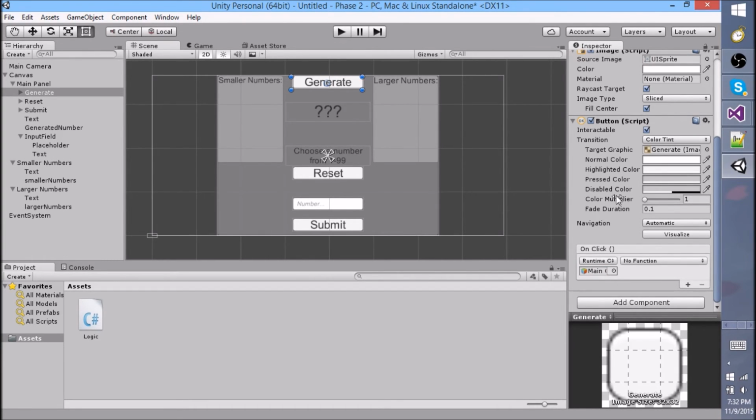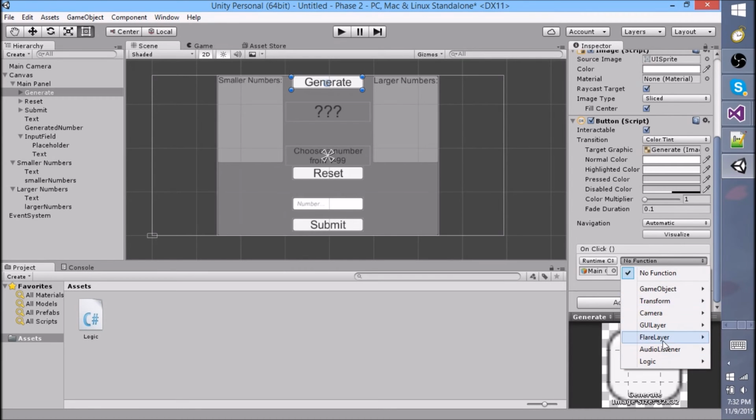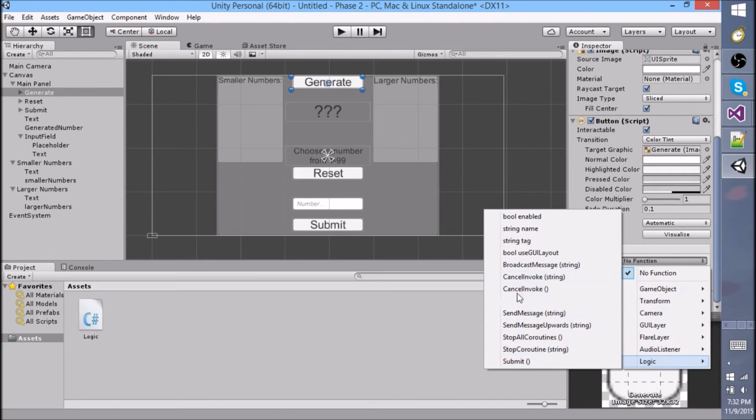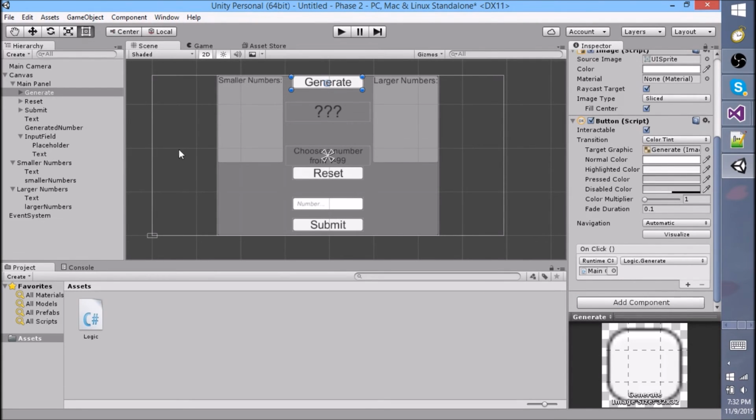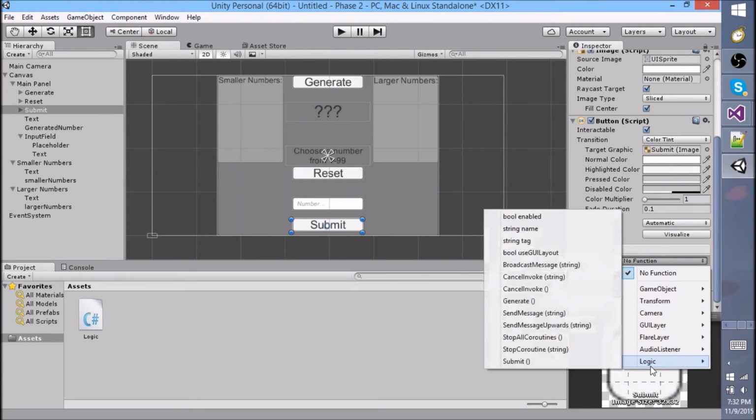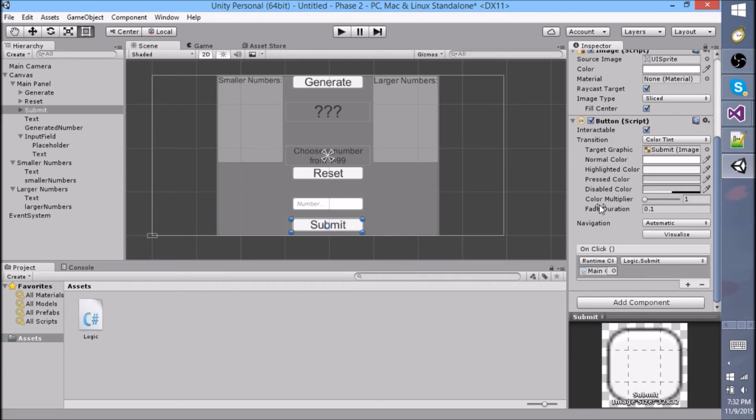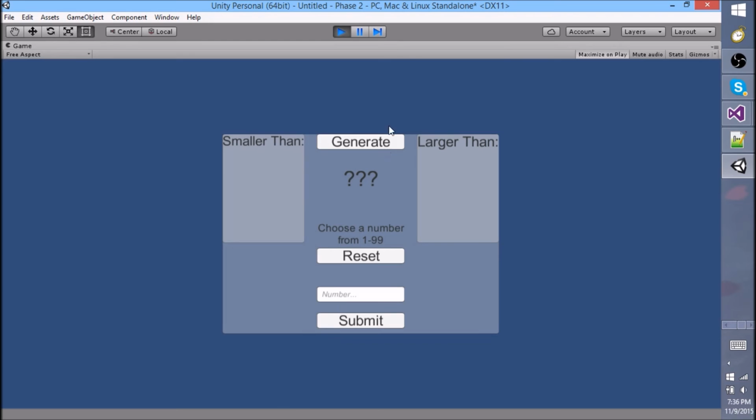And now that this is right here, and we click on no function, we can see that there are a bunch of things from the main camera. At the very bottom, you can see that there is a logic, and if you scroll over the logic, there are a bunch of functions, and the function we want for generate is, of course, generate. Right? Now that we have that, we're going to do the exact same thing for submit. We click the plus button, we drag the main camera, and then we click the function, logic, submit. Right? And now, with all of this done, if we click play, we first click generate, and then we can